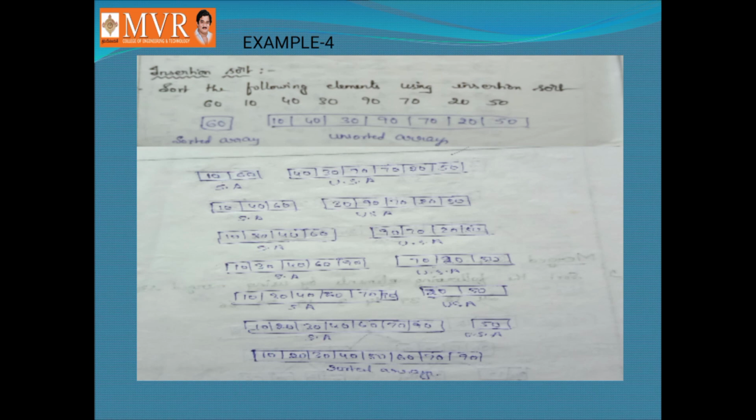In this process, I just compare a sorted array and an unsorted array. The unsorted array will contain all the unsorted elements, or the list of elements given to us. And in the sorted array, I will keep the first element of the list and start the process by comparing the next element with the element in the sorted array. Like this, I will continue the process till all the elements in the list come into a sorted order.